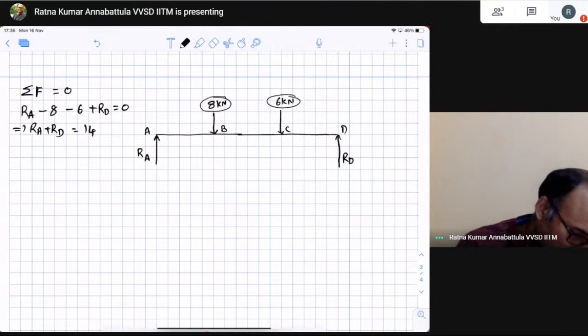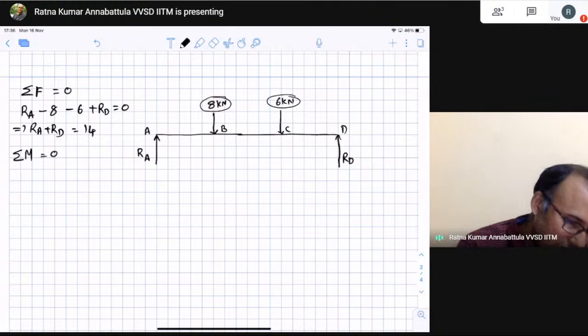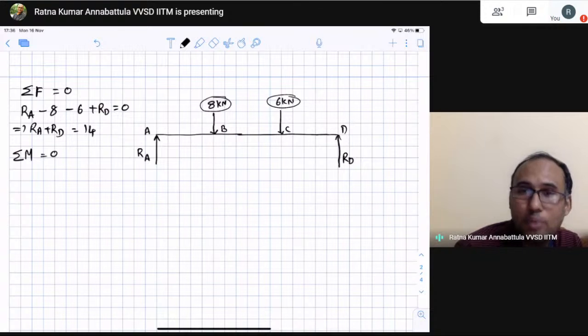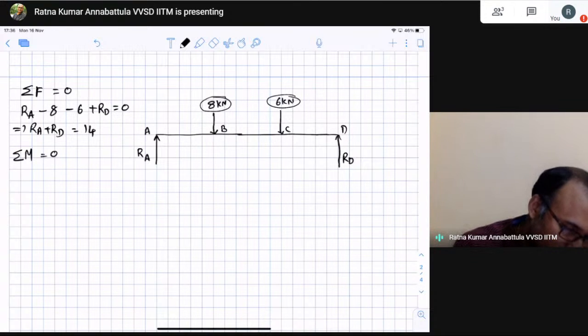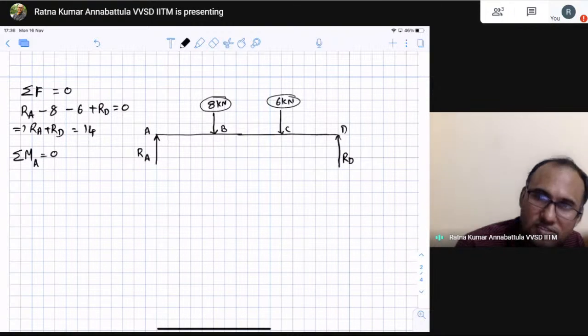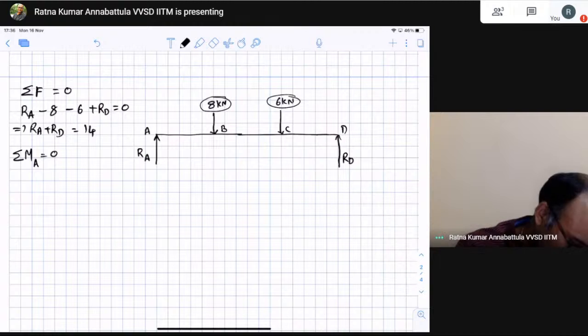Okay. And then sigma M must be equal to 0. That is another equilibrium condition. The total moment should be equal to 0 about any point. So I am taking it about a point A, because that also should be equal to 0. That implies I am coming from this end, that is RD times